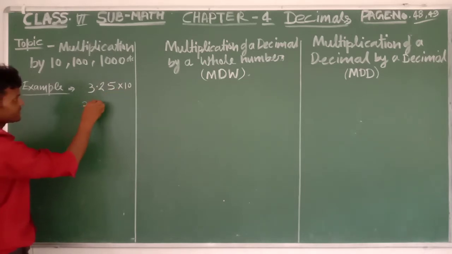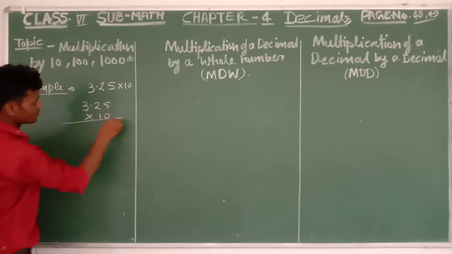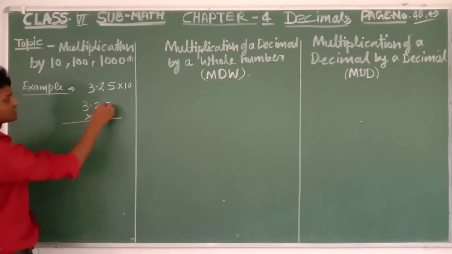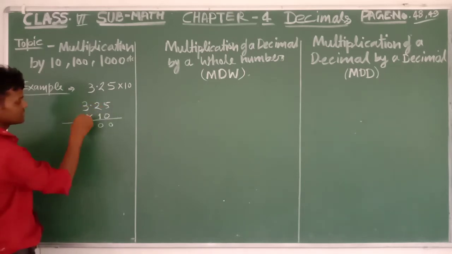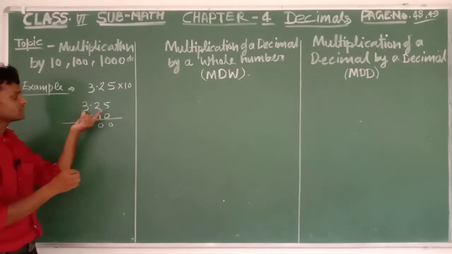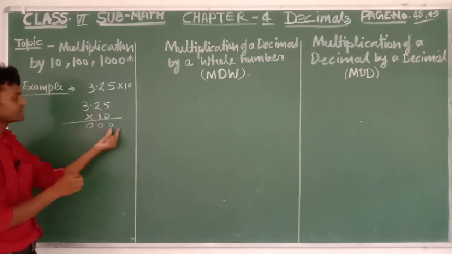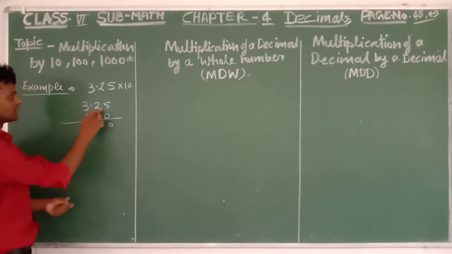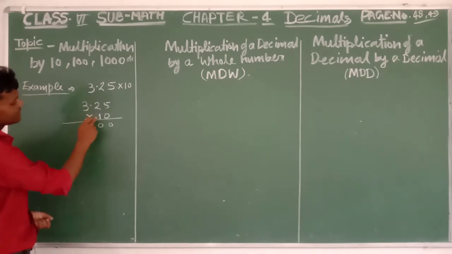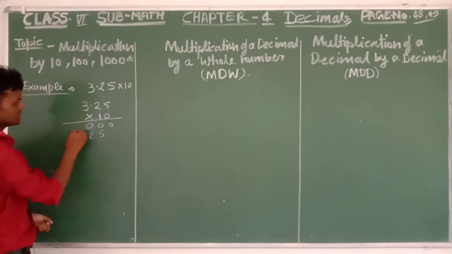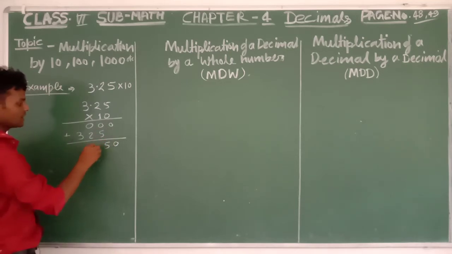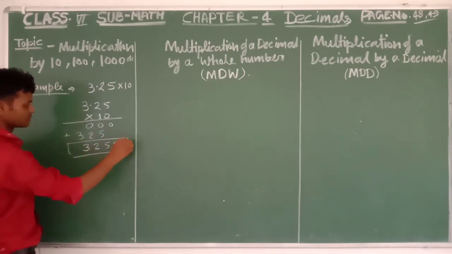If you write here this side, you go ready to multiply: 0 times 5 is 0, 0 times 2 is 0, 0 times 3 is 0. If you multiply 0 with any number, you get 0. So I write here 0, 0, 0. That is the simple form. Then multiply by 1: 1 times 5 is 5, 1 times 2 is 2, 1 times 3 is 3, and you last add them, 5 2 3. This is called the product.